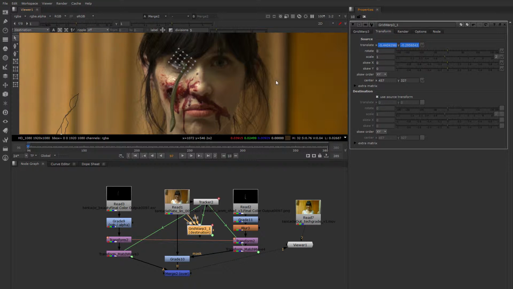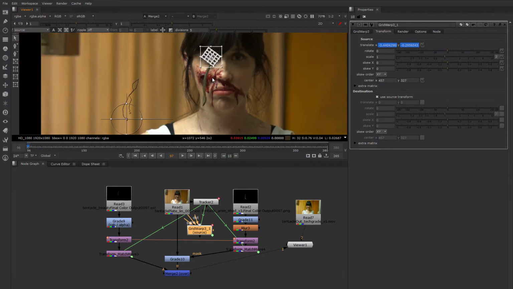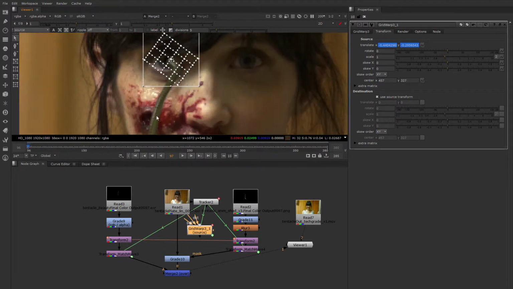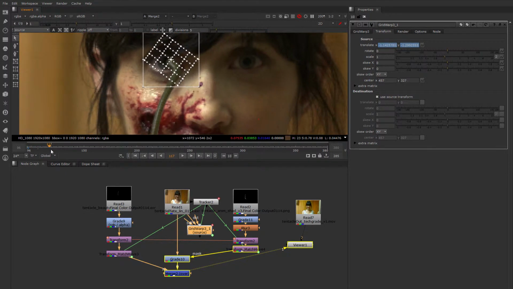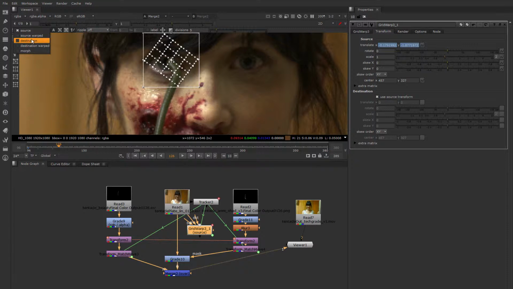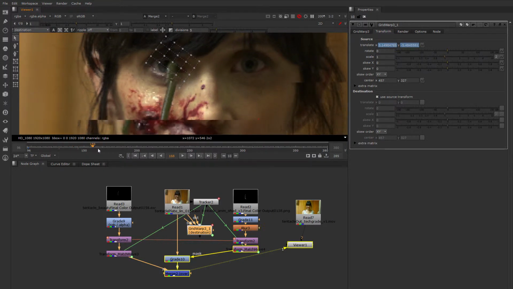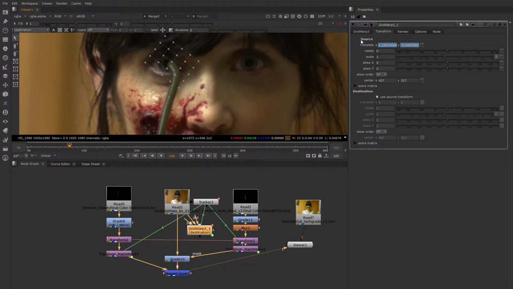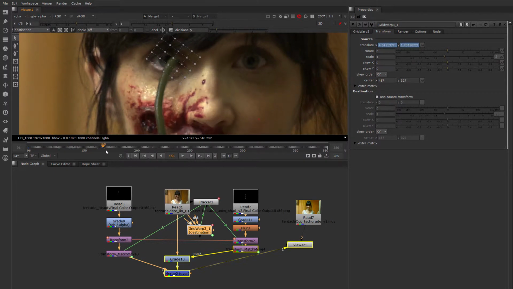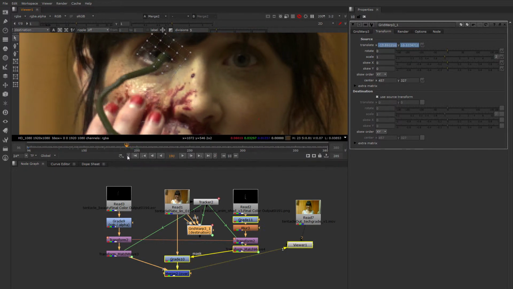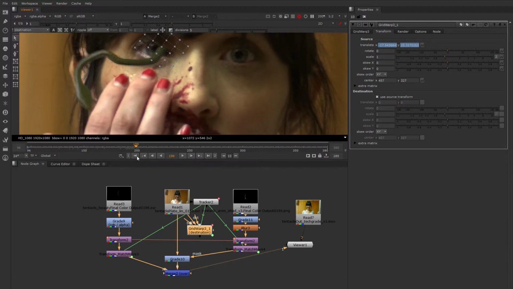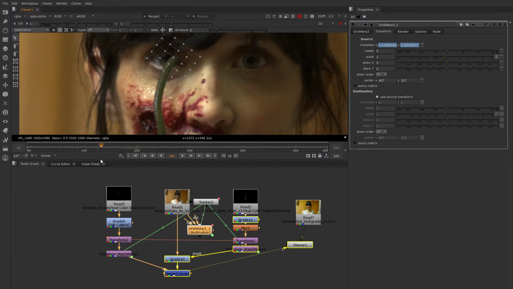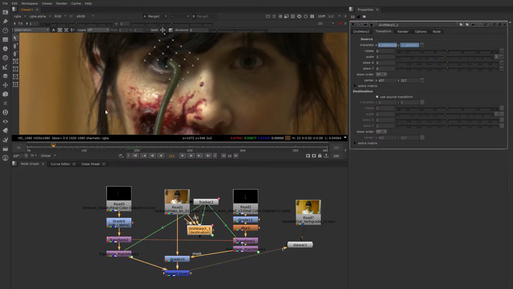There we go. Let's look at the source. There it is. So the source is moving along. We'll check the destination. The whole grid warp is being translated. So it will only affect the things that we warp from here. So now we can go to the destination grid and we could start warping it, or if we wanted to, we could go back to this keyframe